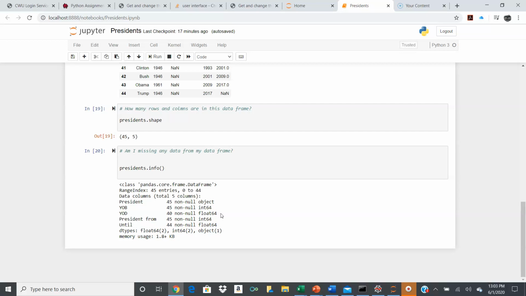So that's how you can tell if you've got complete data in your column or if you're missing data in your column. And if you're missing data in your column, you may need to take action to address that in certain tools. All of them have a president from date, a date when they first became, or year when they first became president. And so we have 45 good entries there, and you'll see on the far right that that